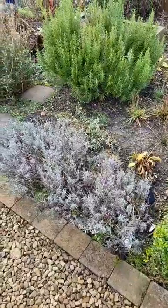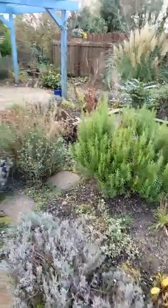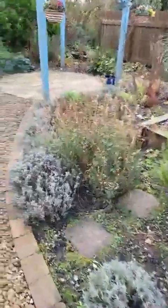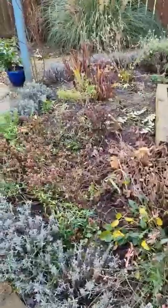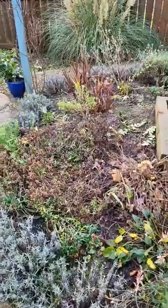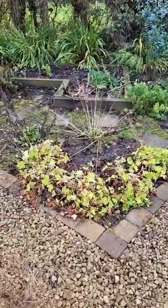So what I'm trying to say is don't worry, everybody's garden looks a bit meh at this time of year. And there's other things. That's Gaura there, that'll all die. Look at this, it was all gorgeous a few weeks ago, but it'll come back. And there's only so much you can do. So here in front,